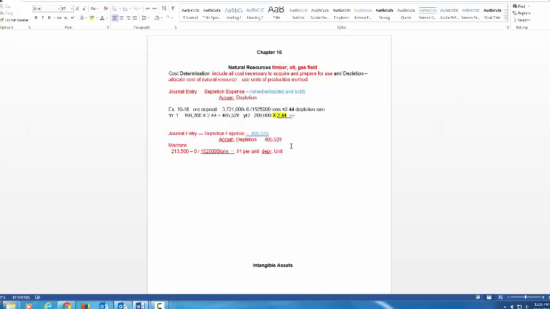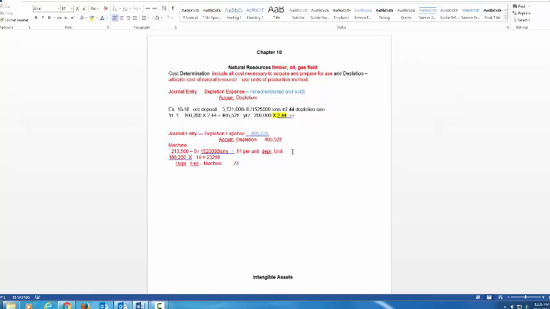And so when we said in our first year we mined 166,200 tons of ore, we would multiply that times the 0.14, and you would get depreciation of 23,268. In doing so, your depreciation entry would be a debit to depreciation expense on this machine